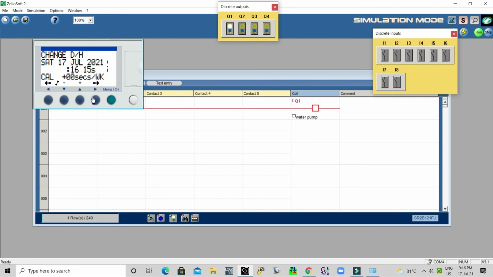I will keep 8 o'clock. By 8 o'clock it should turn off. So as per the timing it will keep working, on and off.